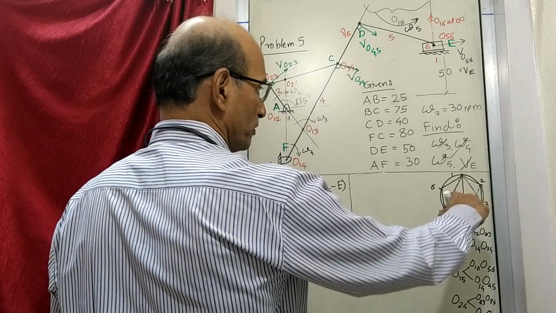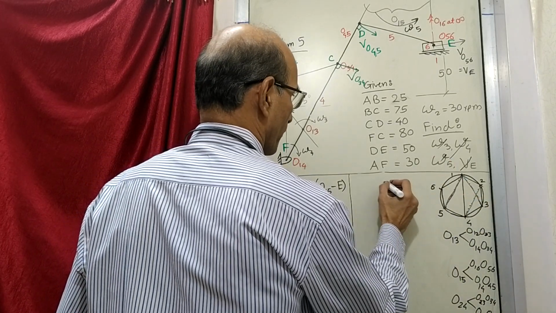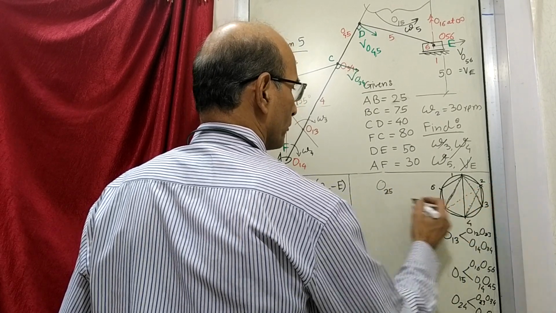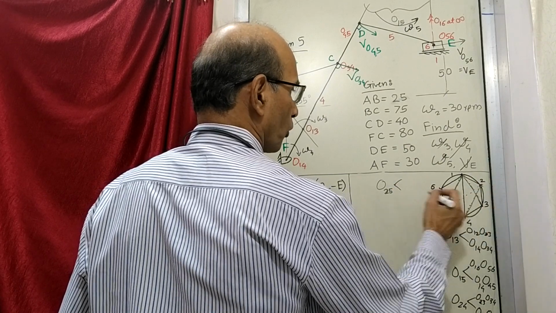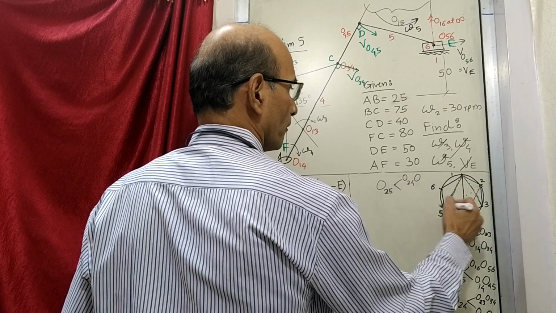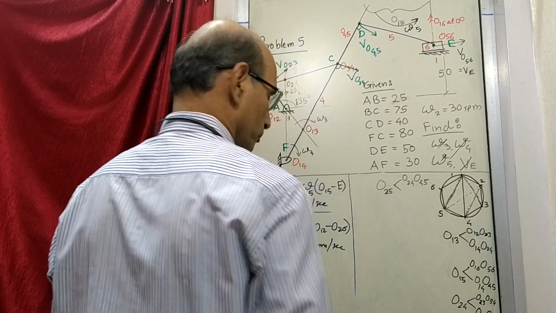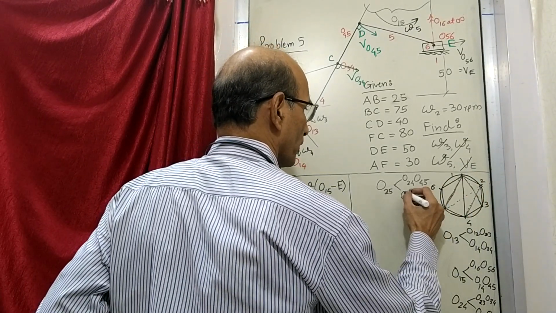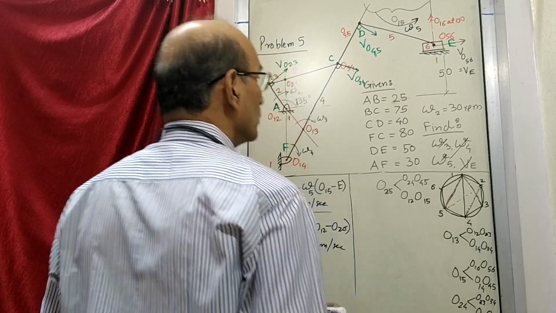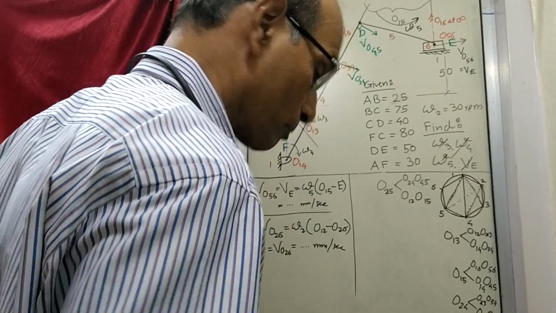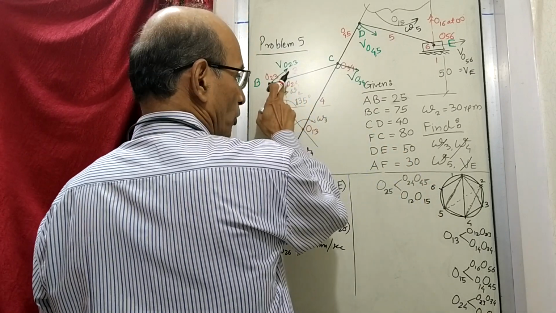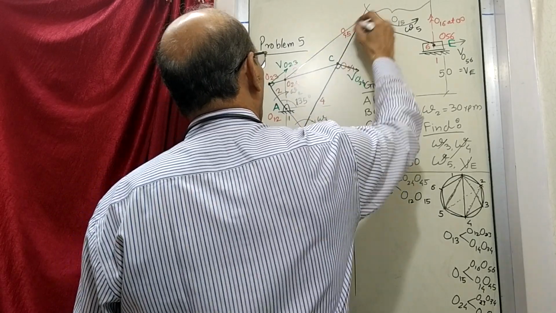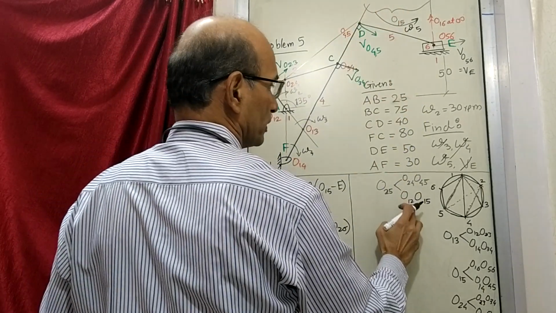Now you go to 2,5, right here. O 2,5. For getting O 2,5, we have got 2,4 and 4,5. The other is 1,2 and 1,5. So where is 2,4 and 4,5? 2,4 just now we have obtained. This is 2,4, and 4,5 is here. Then the next is 1,2 and 1,5. Now